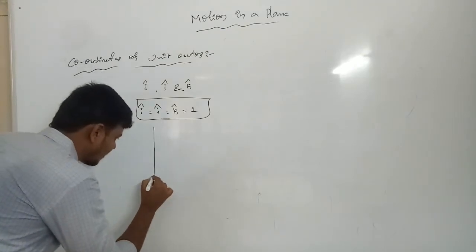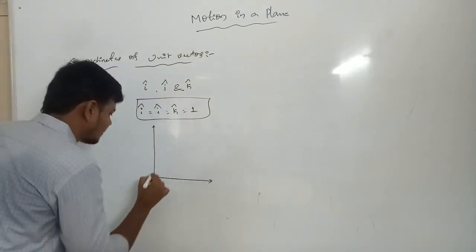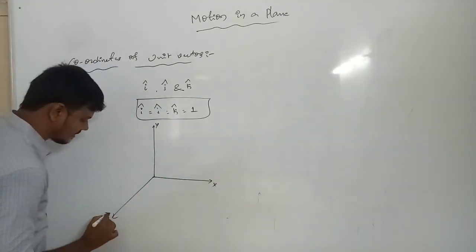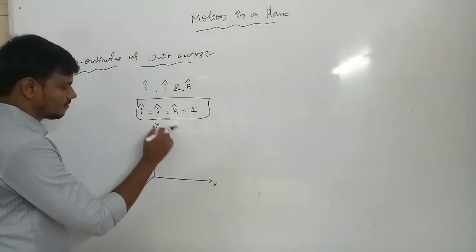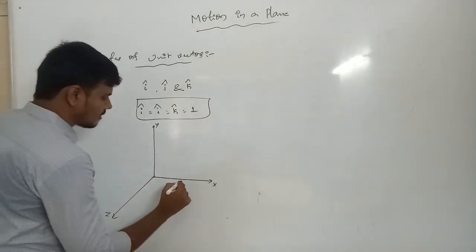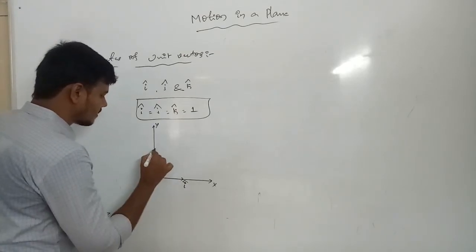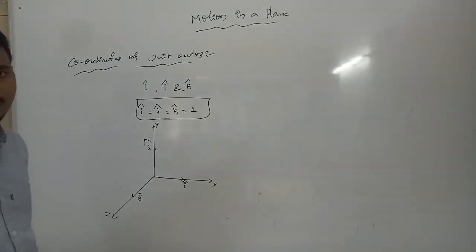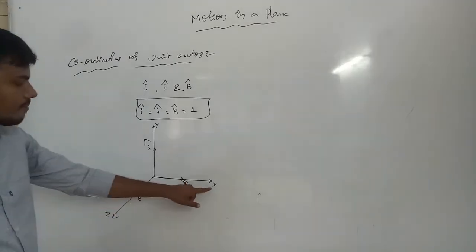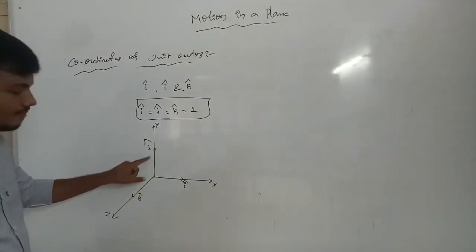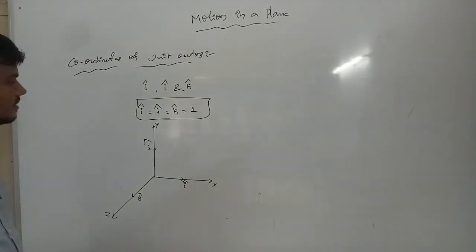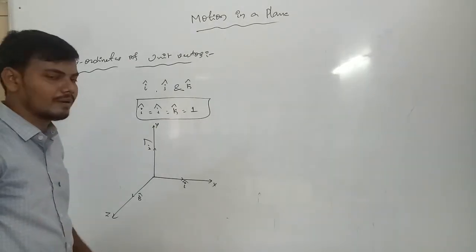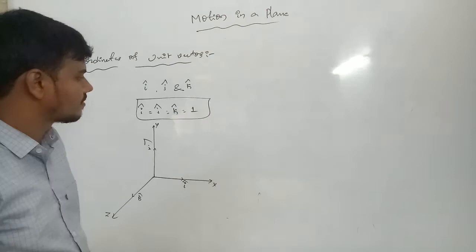Now the first graphical one, there are three axes. This is the x axis, y axis, z axis. This one is always i cap, this one is always j cap, this one is always k cap. Clear? The x axis represents i cap, y represents j cap, z represents k cap. These three coordinates we can introduce into the unit vectors. This is a very, very important one: i cap is equal to j cap is equal to k cap is equal to 1.